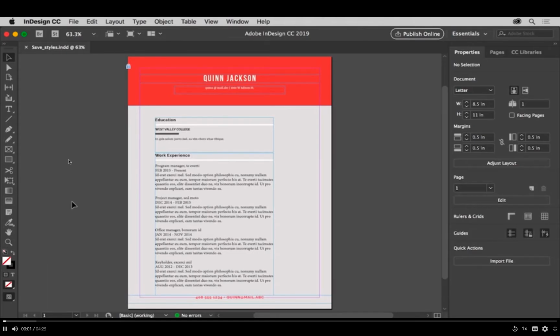To work smarter in InDesign, you can save text formatting as a style that you can easily and quickly apply later to other text. In this video, you'll save text formatting as a paragraph style and apply that style to text in a document. You can open a file you have or this file from the practice files for this